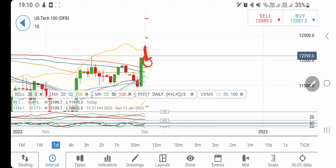You can buy at 12,120 and then expect 12,180, 12,240, 12,300 levels also can be expected, and beyond that, sky is the limit. These are markets beyond you and me. Anything is possible. On the downside, sell at 11,970 and you can expect 11,920, 11,840, 11,800 levels. So in between these 150 points, I will not recommend you to take any trade,